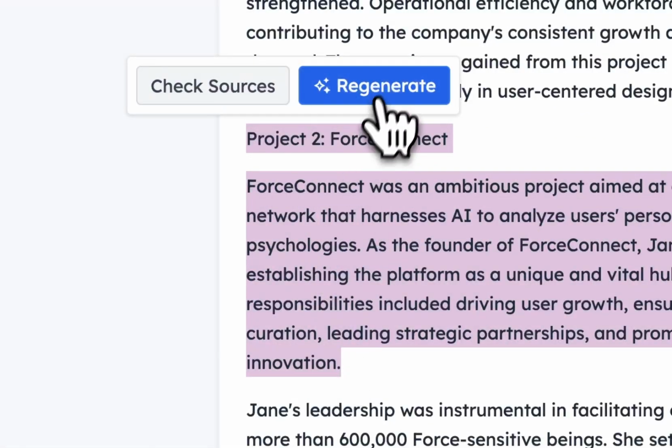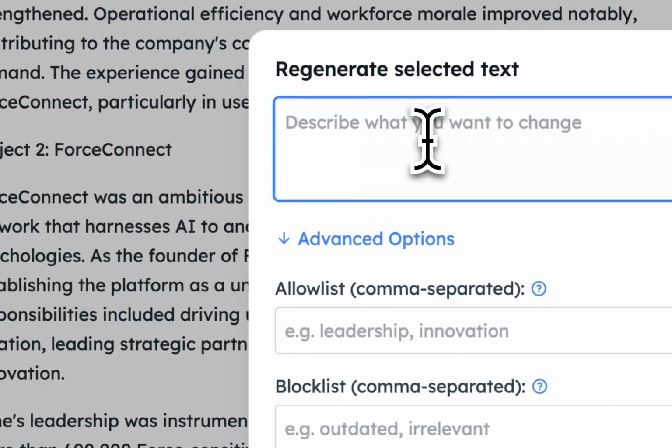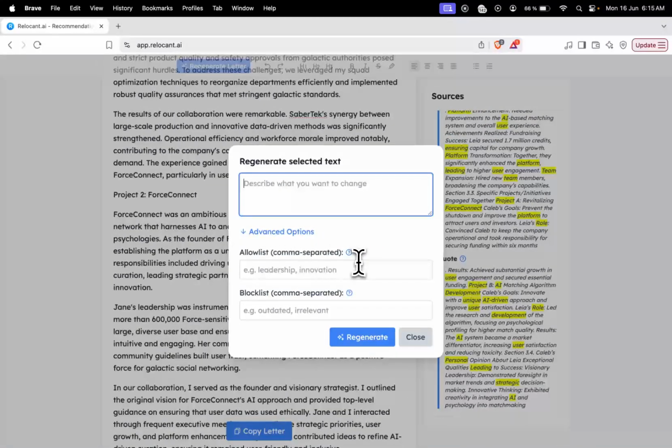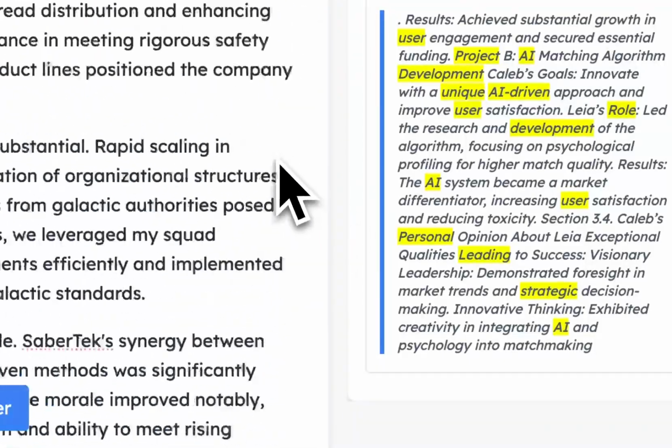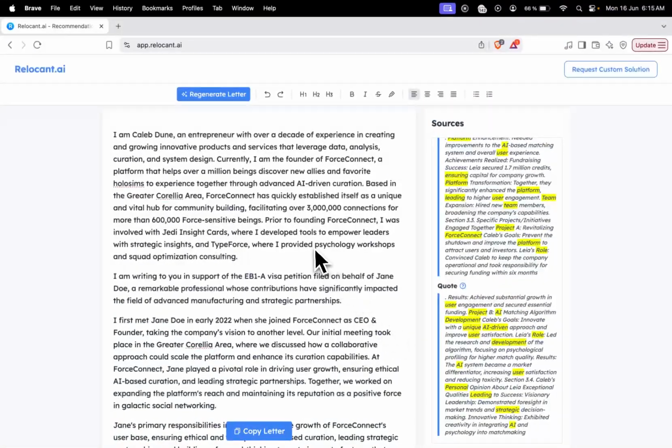But if you want to, you can also regenerate, asking a specific prompt or including an allowed list of words or keywords that you want to include, or a block list of words as well. Once you have your letter and you feel comfortable with it,